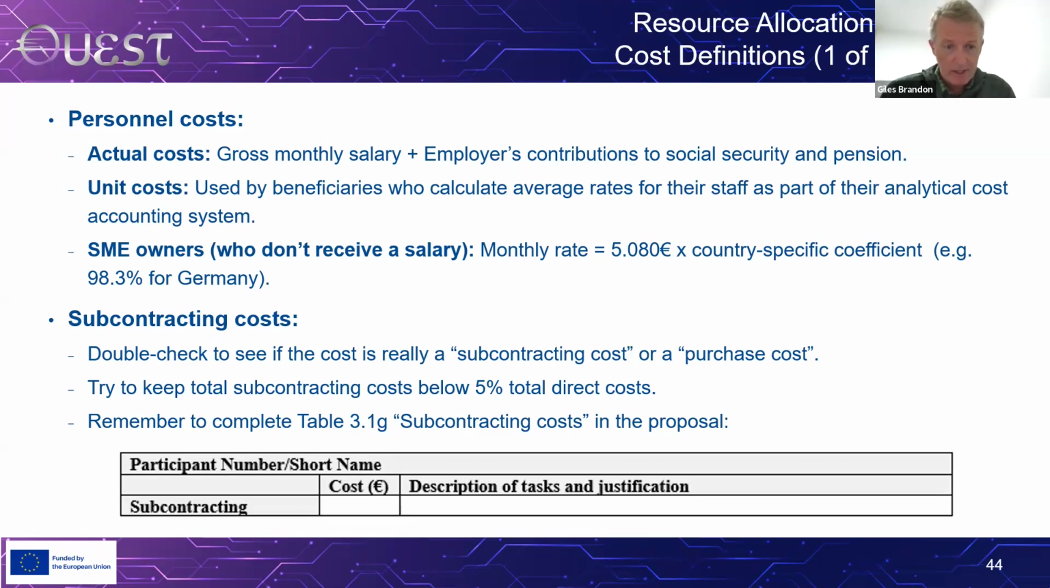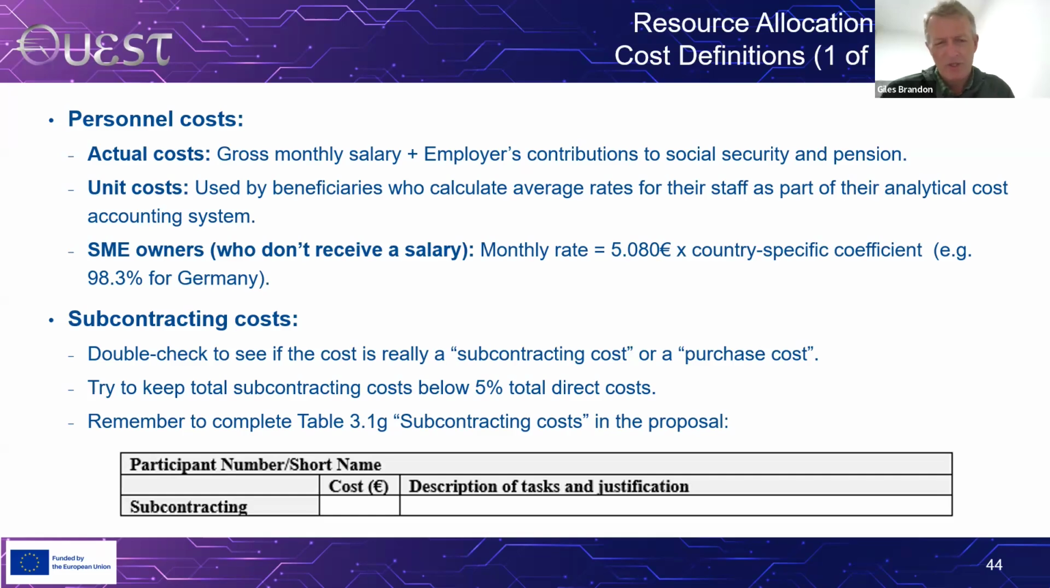Subcontracting costs. Yeah, as I mentioned earlier on, the Commission and evaluators are somehow allergic to subcontracting costs, so be very careful if you include them, and certainly try to avoid having substantial subcontracting costs. If you have any subcontracting costs, make sure you fill in the relevant table 3.1G and give good justification as